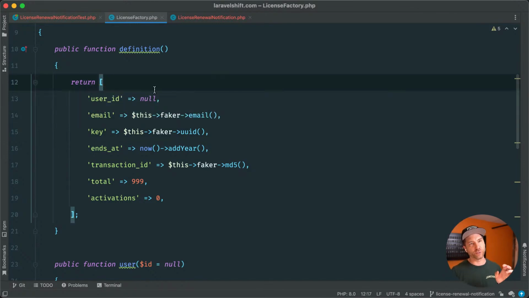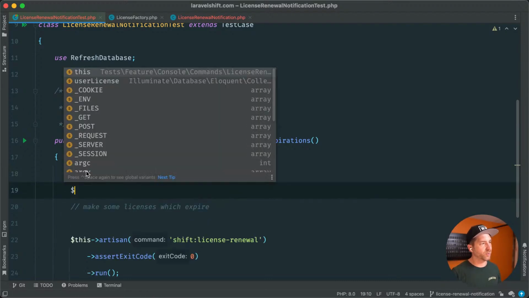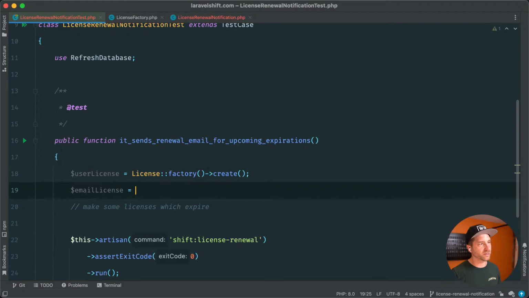So I definitely, for those reasons, want to make sure that I have a couple different tests or a couple different licenses in here, and then make sure that it's sent one to someone with just an email and one to someone that has linked it up to their user account. So let's call this user license, or something like that. Yeah, user license is fine. And then we'll call the other one email license. And this will be license